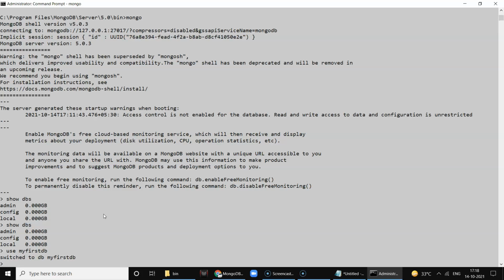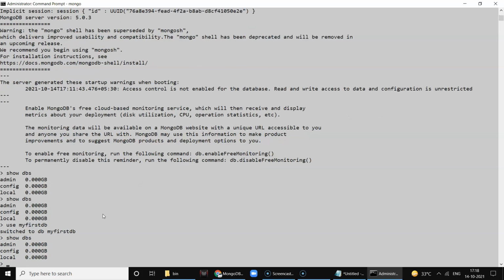Now currently if I run show dbs, you will not be able to see myFirstDB, because in MongoDB the database is created, but we have not yet created a collection. For now, you can consider collections as tables. In a relational database, we create a database and then we create tables. Similarly, you can consider collections as sort of tables in MongoDB. So now let's create our first collection.